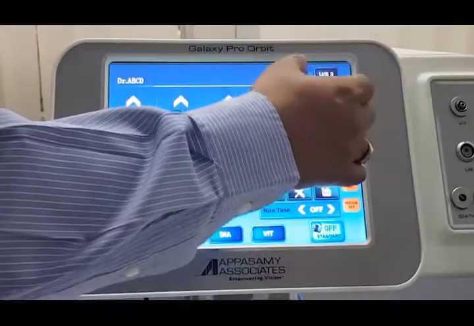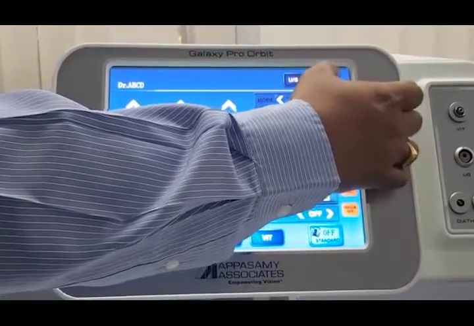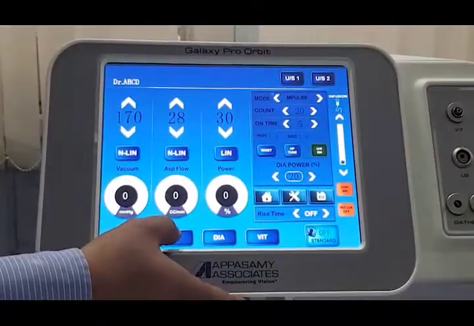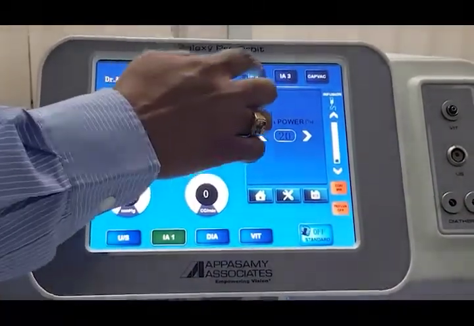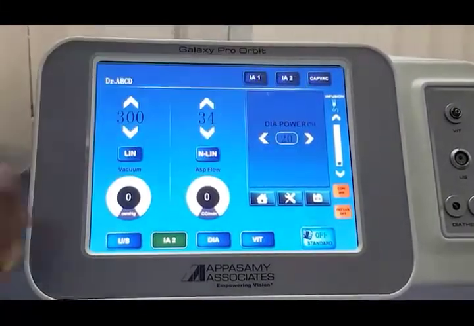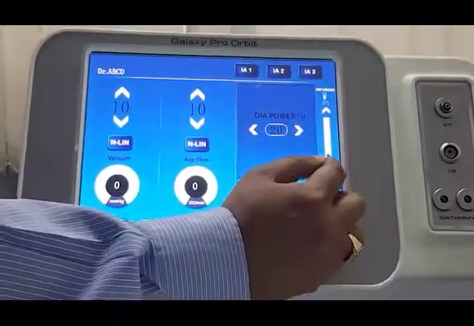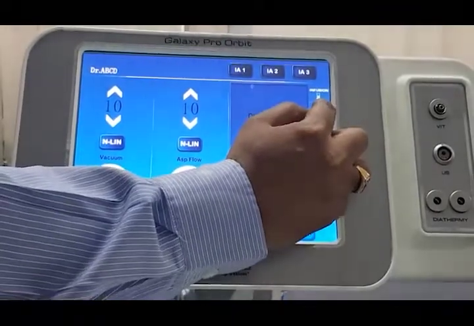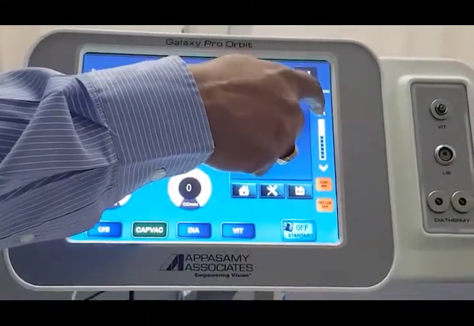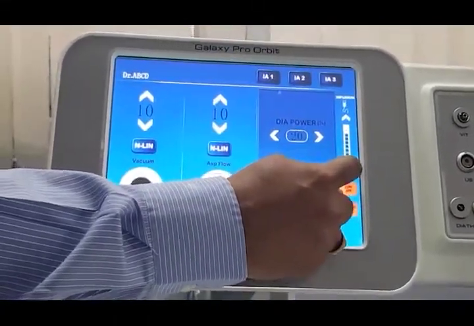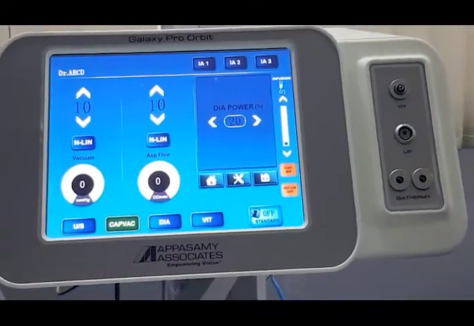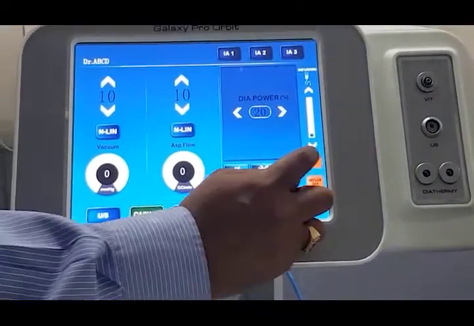You can have the program for US2 or US3 or IA1, IA2, IA3 or CAPAC. Here is the irrigation bottle height adjustment. Whenever you want the continuous irrigation button to be on, just press this button here.